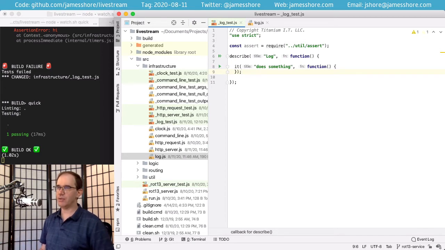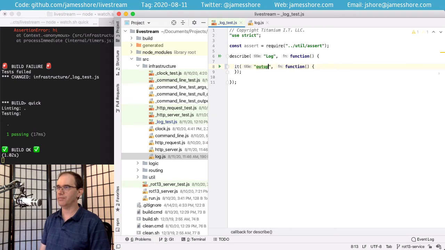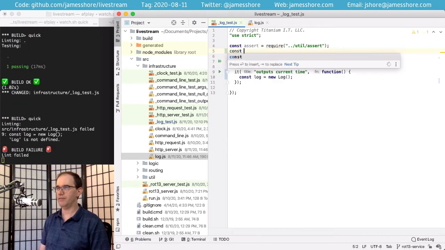And I think the first thing we're going to want to do is have it output the current time, and we're going to have it output a message. So let's do that. It outputs current time. So we're going to need a log, and that doesn't exist, so we'll need to require it.